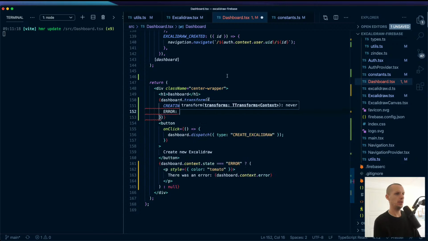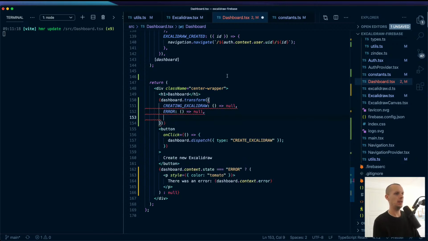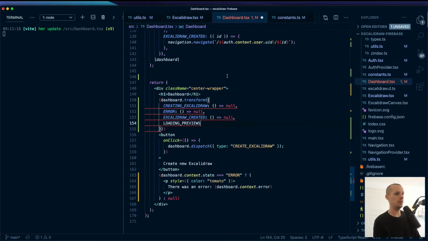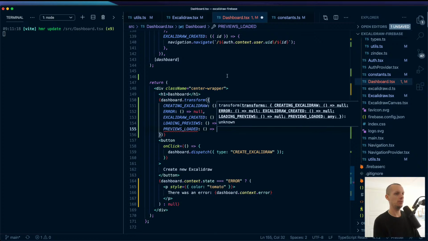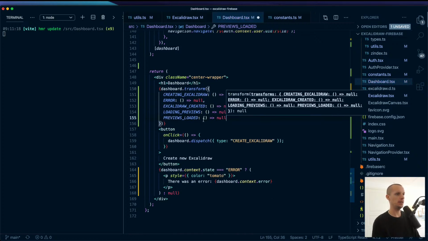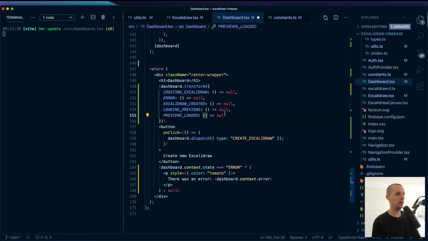What do we want to do in each of these states? Wow, I really like this, that we're forced to actually do something in every single state, so we do not forget any of the complexities here. So we can say, okay, we're loading the previews, and here we can just say loading previews,